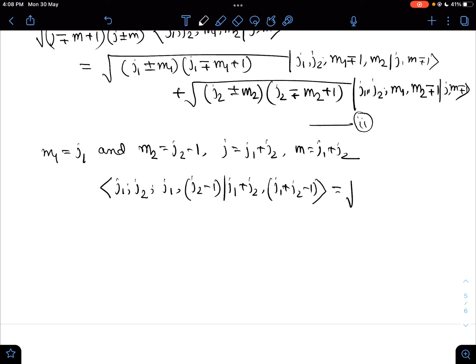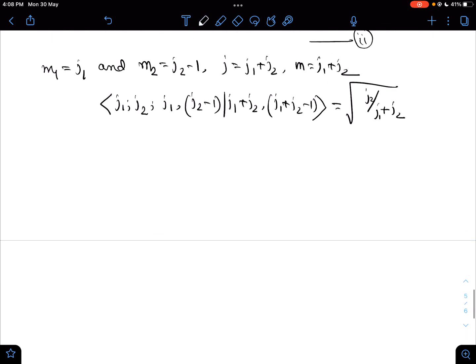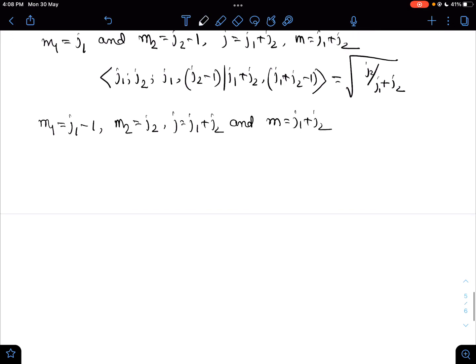This will be root under j2 by j1 plus j2. And similarly if we substitute m1 as j1 minus 1, m2 as j2, j as j1 plus j2, and m as j1 plus j2 into the lower sign of equation 1,